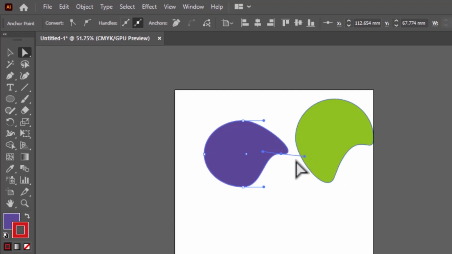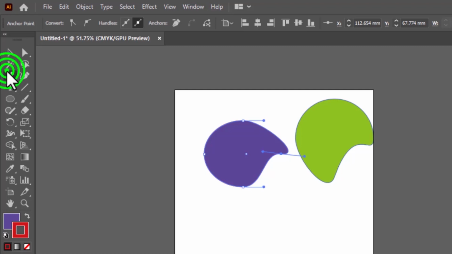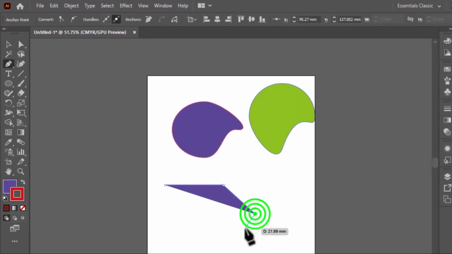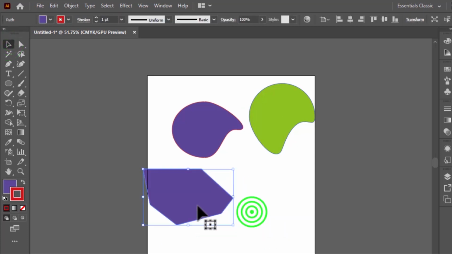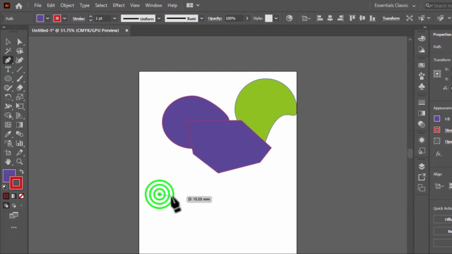Now, if you want to draw a more complicated shape that you can't do with these tools over here, you're advised to use the pen tool. The pen tool is the most used tool in Illustrator, and with it you can create anything. You just have to click, and then you connect, and then you've created the shape. So this is a shape I've created using it, and you can create any form of shape with the pen tool. So you can click,